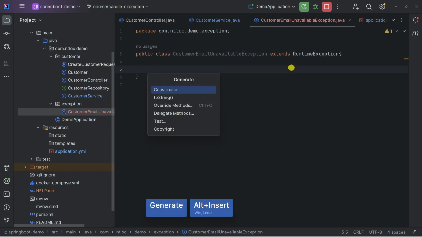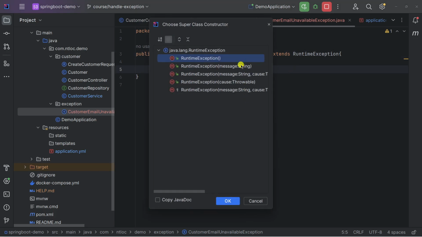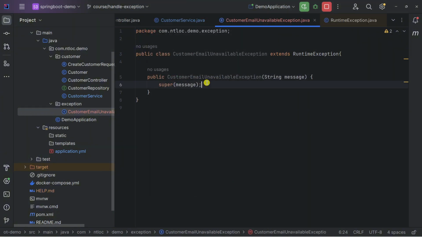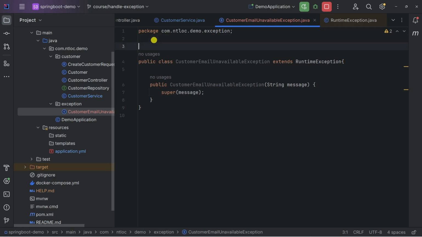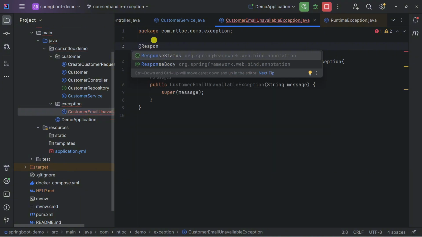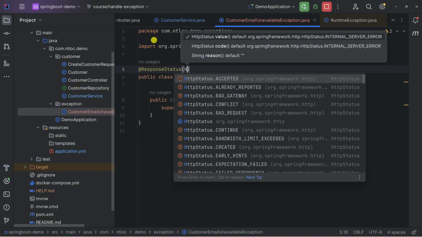Here, I would like to create a constructor with the message parameter. To be able to adjust the HTTP status code, just follow above the class. Let's mark the annotation ResponseStatus, and the value of it is HttpStatus.CONFLICT.